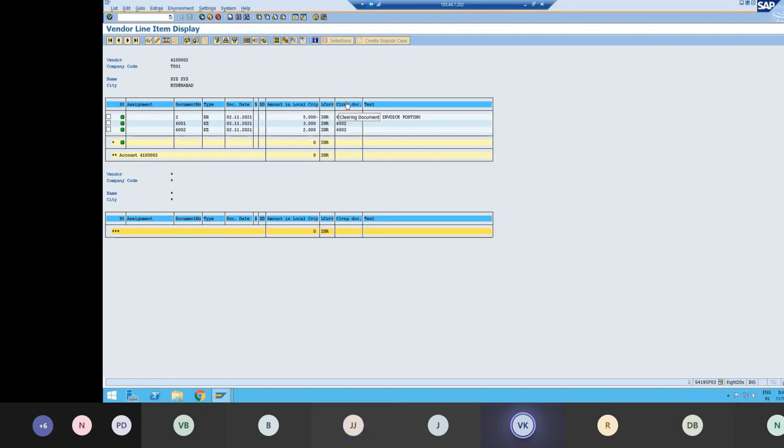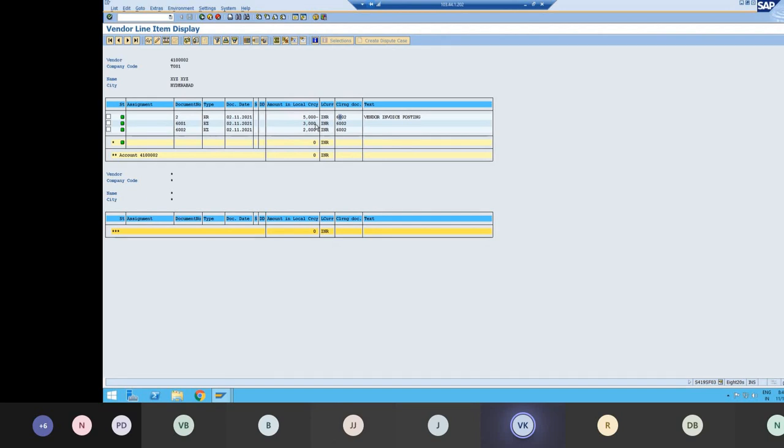If you want to do some further analysis, if you want to understand how this document was paid, we'll always check based on this clearing. So now you'll understand this. This 5,000 was paid using 3,000 and 2,000, and I am able to understand that based on this clearing document. So this is how you have to understand it. Clearing document is more important. It would come only when the whole invoice is cleared. If you do multiple partial payments, it will not show a clearing document. Only when we do the entire payment will this clearing document come.